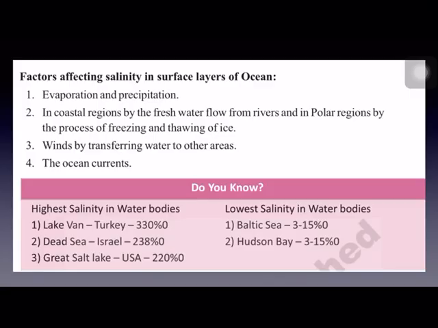And if you add some more fresh water to it, the saltiness will decrease. In the same way, when more fresh water joins the seas and oceans, the salinity decreases. The fourth factor which influences the salinity of the ocean is in polar regions: due to melting of ice, more fresh water joins the seas and oceans, due to which the salinity decreases. If these ice caps melt or glaciers melt, all these come under fresh water only. They will join the seas and oceans and the salinity decreases.